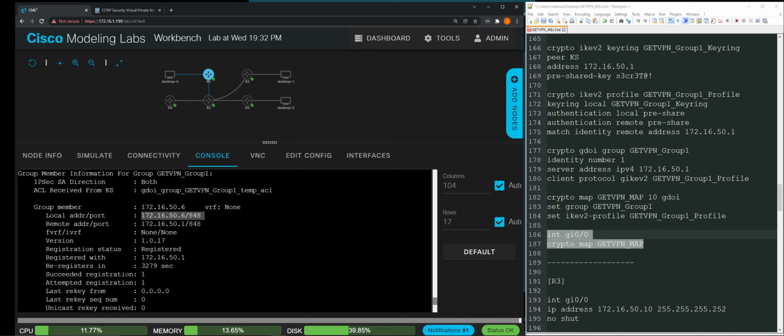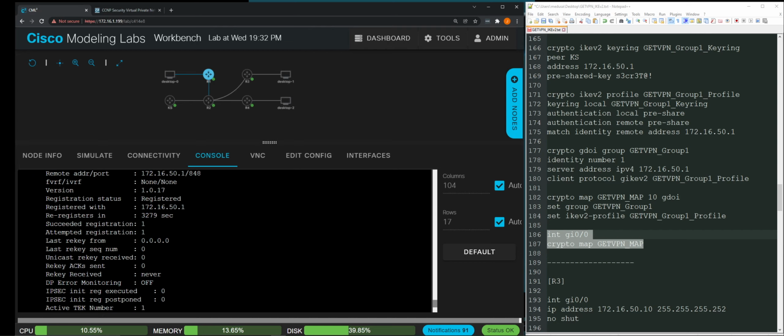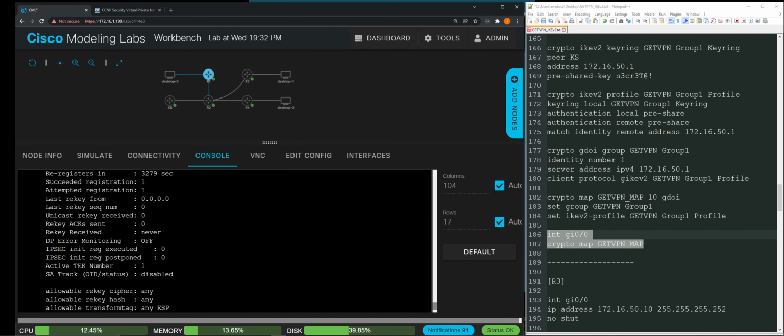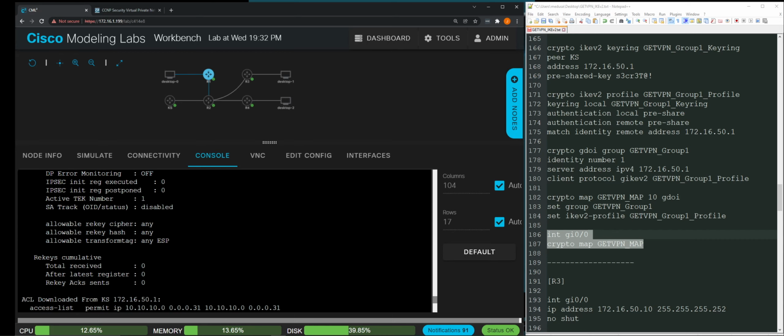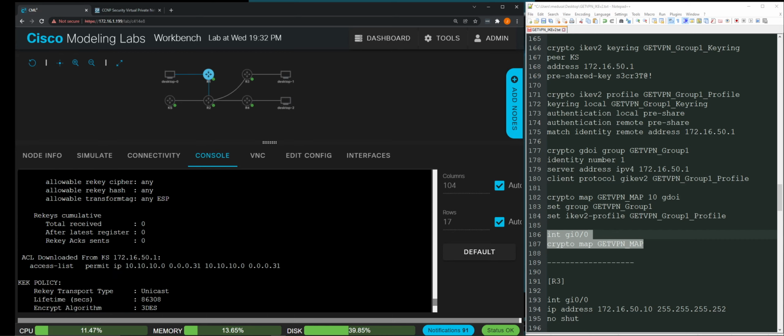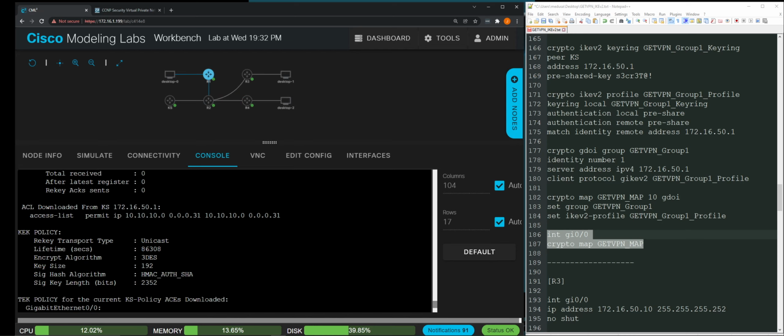Local peer IP for R1, key server's IP, registration status is registered. What else do we have here? The access list that was downloaded from the key server. The cool thing about this key server is it's mostly pushing down a lot of the configured policy. We're not configuring an access list on the peer router. This ACL is downloaded from it,